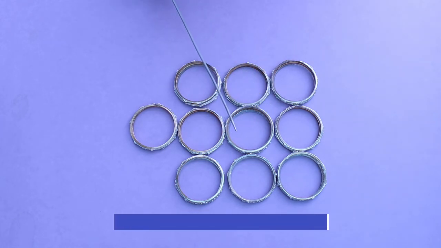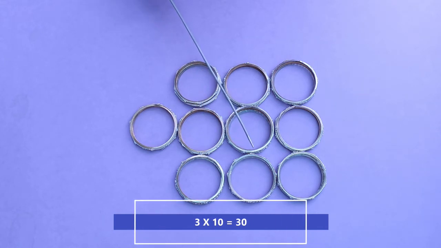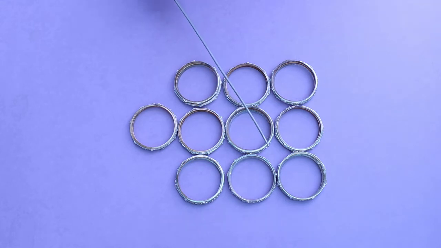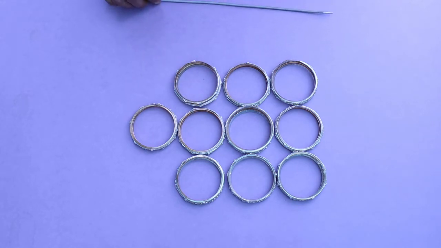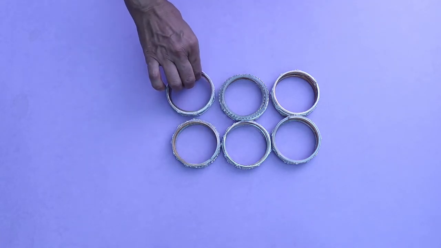Now if I have less space, I want to reduce it further. So let me arrange piles such that there are 5 bangles in each pile. Okay, I am going to arrange and show it to you. Have a look children. Now there are 6 piles and in these 6 piles there are 5 bangles each.